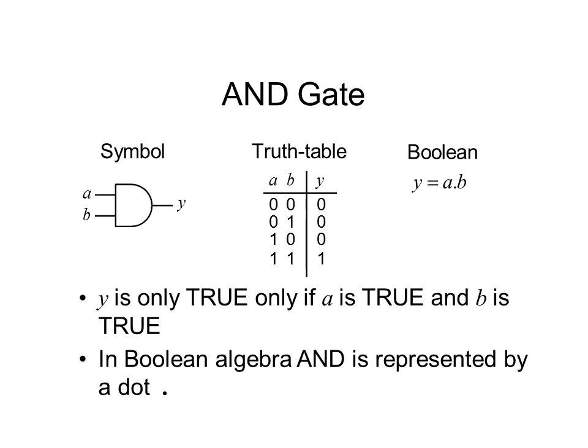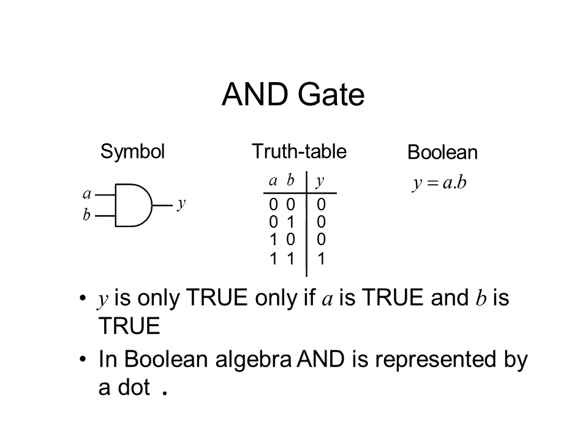When inputs A and B are 0 1, the output is 0. If input A is 1 and B is 0, the output Y is 0. And when inputs A and B are both 1, at that time the output is 1. So from this truth table we can say the sentence: if both inputs are 1 or high, only in that case the output Y is 1, otherwise the output of the AND gate is always 0.